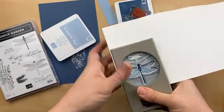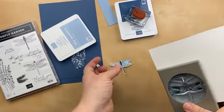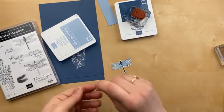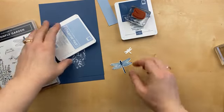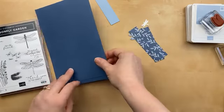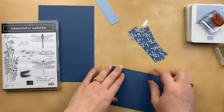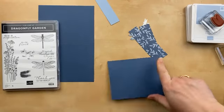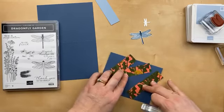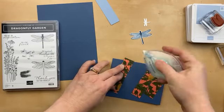I'm going to put that punch in there, punch it out. Oh my gosh, I love punch bundles because they're so easy to create quick cards with. The Stampin' Cut and emboss machine and the dies are great, but sometimes I just love the quickness of a punch. All right, so I'm going to do all these designer paper strips over on the left side of the card